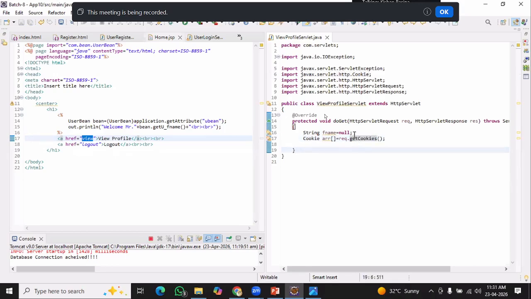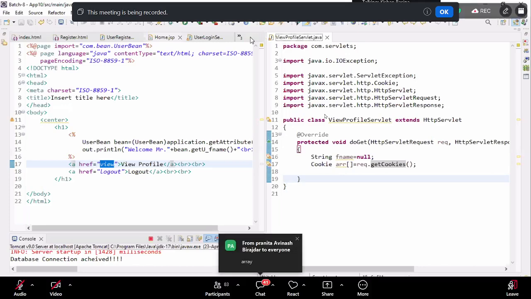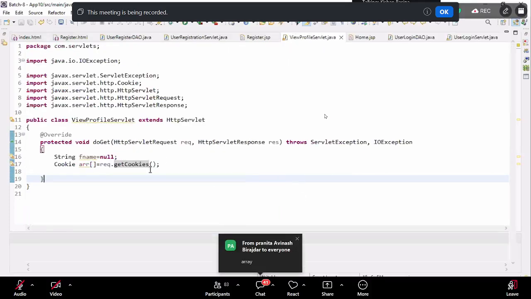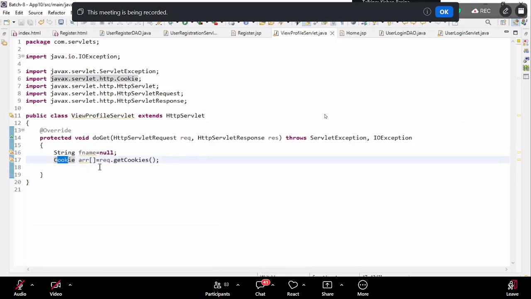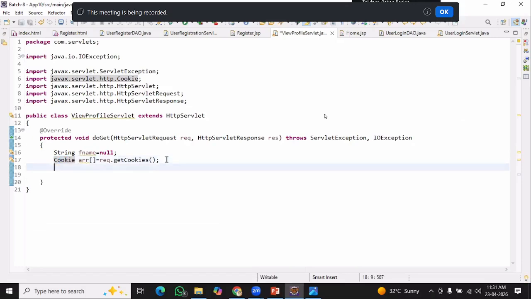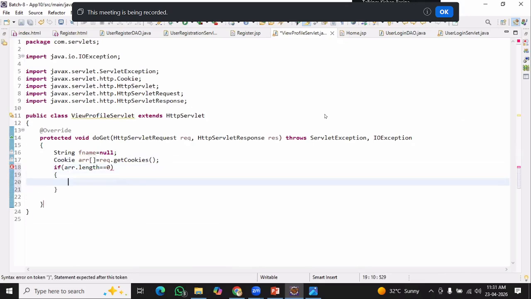Now, getCookies method return type is an array. What is it going to return? It is going to return all the cookies which are present in my request in the form of an array. Now, simply what I'm going to do, let me try to write if arr.length equal to 0,